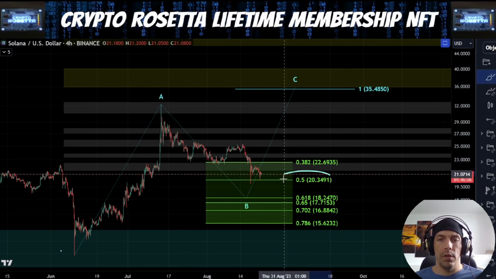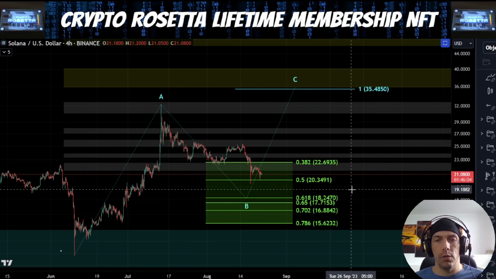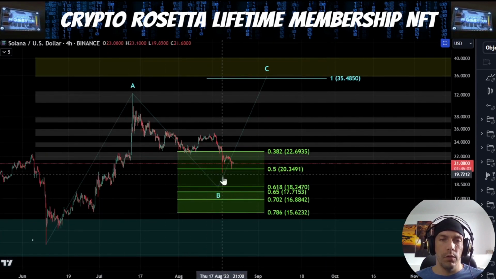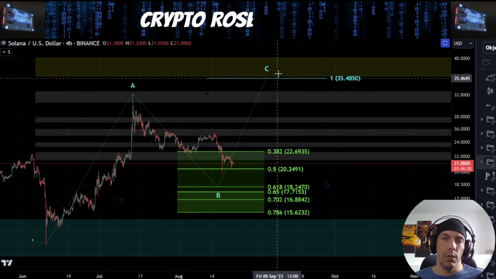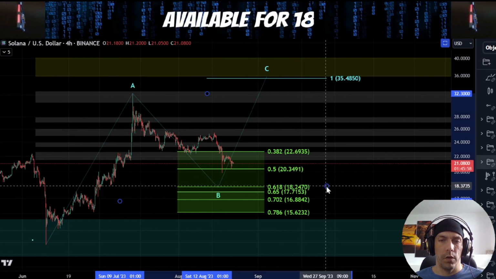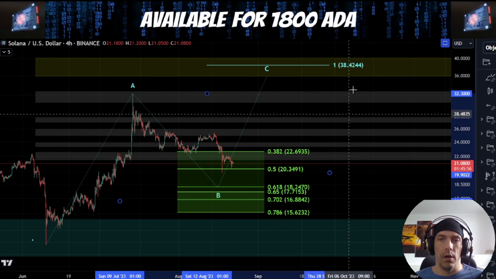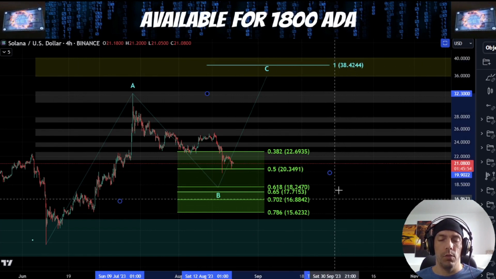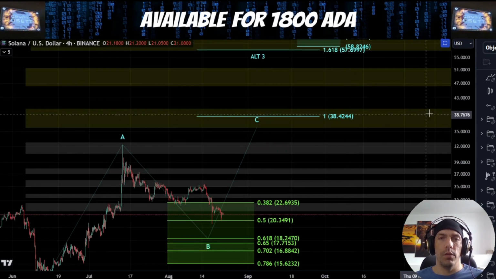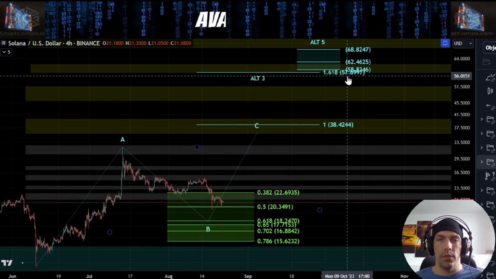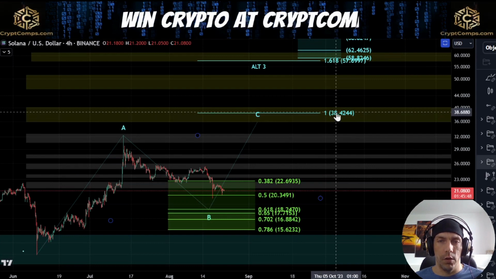Now, we have already come down to this 50% level, which is sitting at this $20.34. If we do see this level hold, we could potentially look for that possibility the C wave is going to push up from where we currently are, in which case this 38.42 would be a 1-to-1 level. Now, if it's going to become a bigger impulse, that would make 57.69 the target we are looking for as